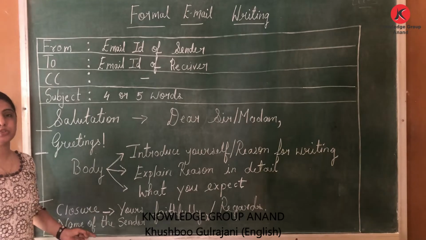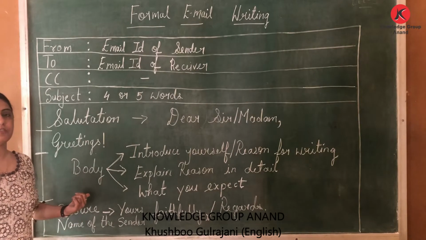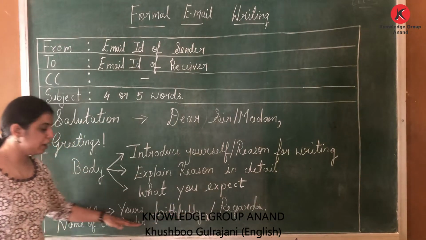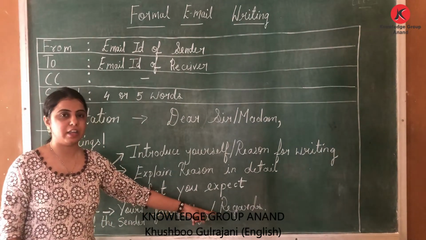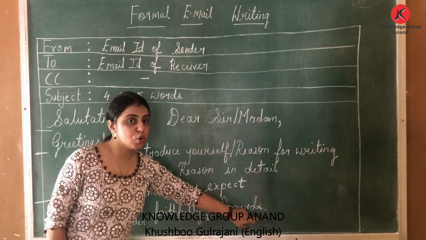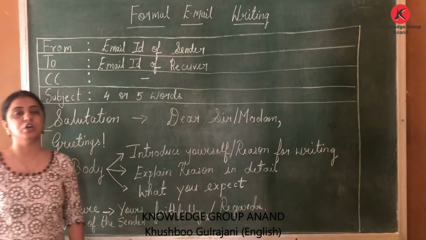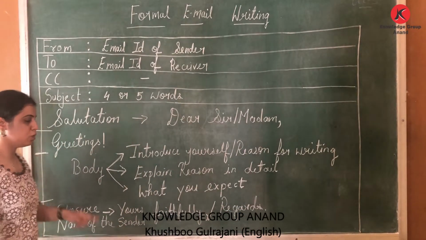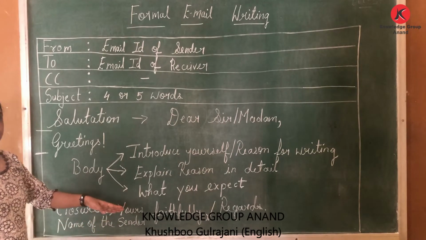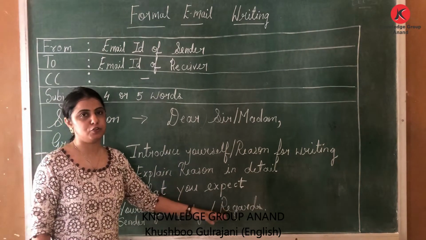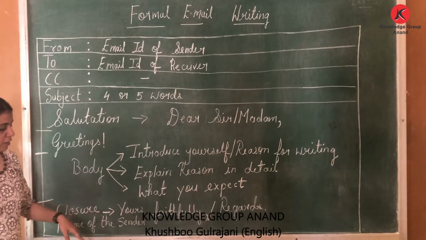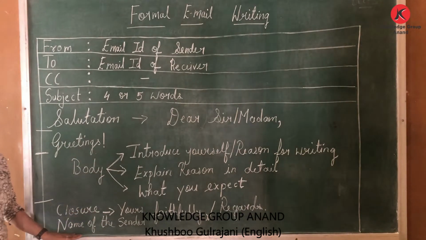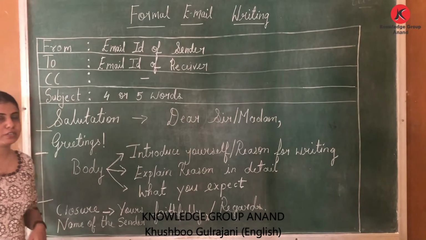But there is another option also available to you because this is a formal email. If you don't want to write yours faithfully, directly write regards. You can see R is capital, write regards and no comma. If you are writing regards, put a full stop. That is the rule. So two options: either yours faithfully comma, or regards and full stop. Don't write both of them. After writing this, come to the next line and write your name, that is the name of the sender.